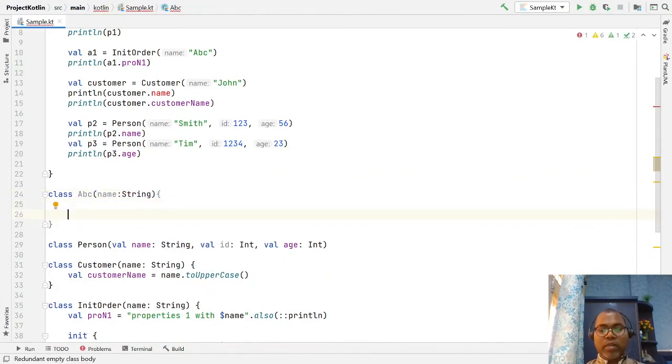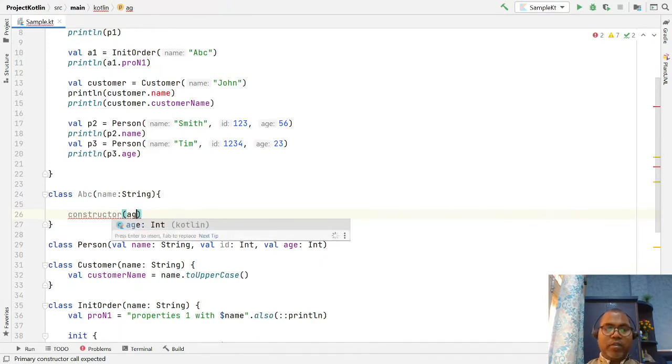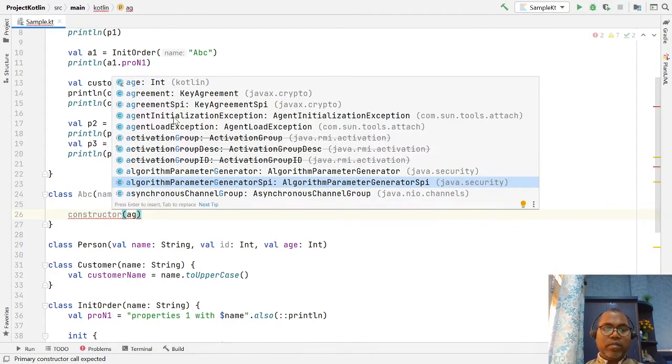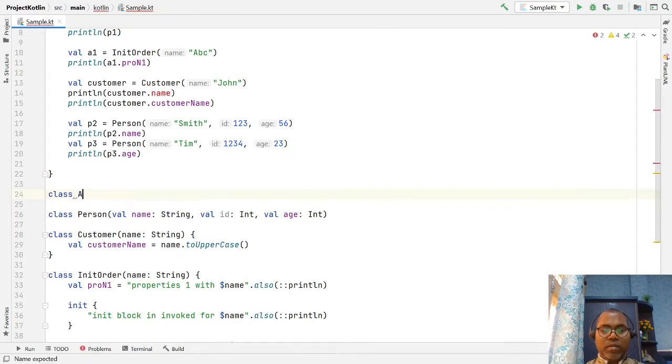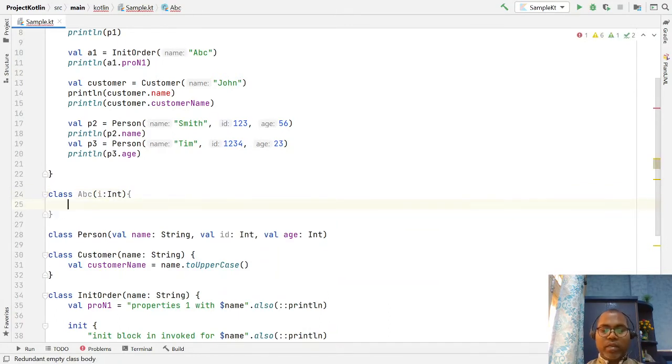Now you can define the secondary constructor, and here you can take some variable like age, an integer.